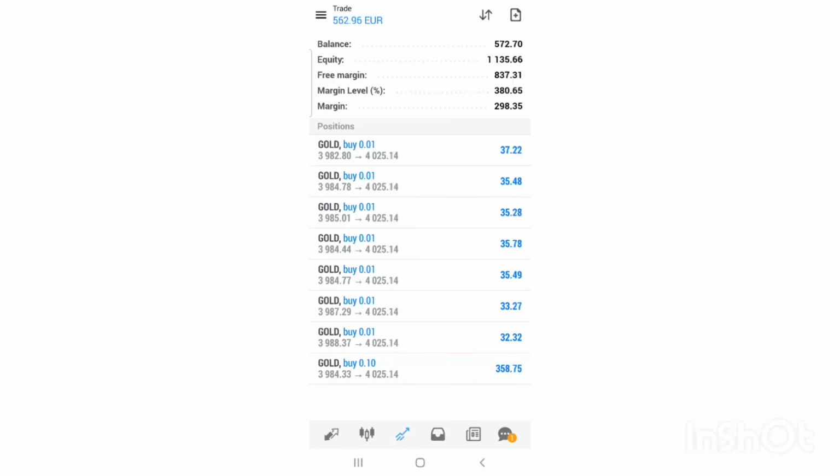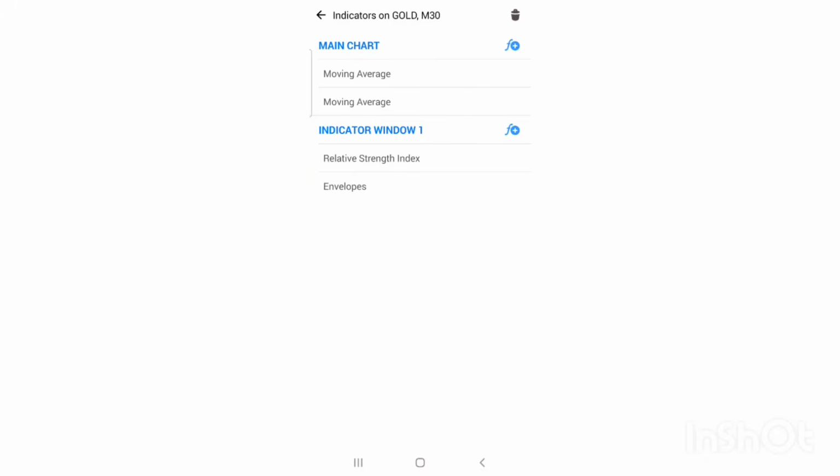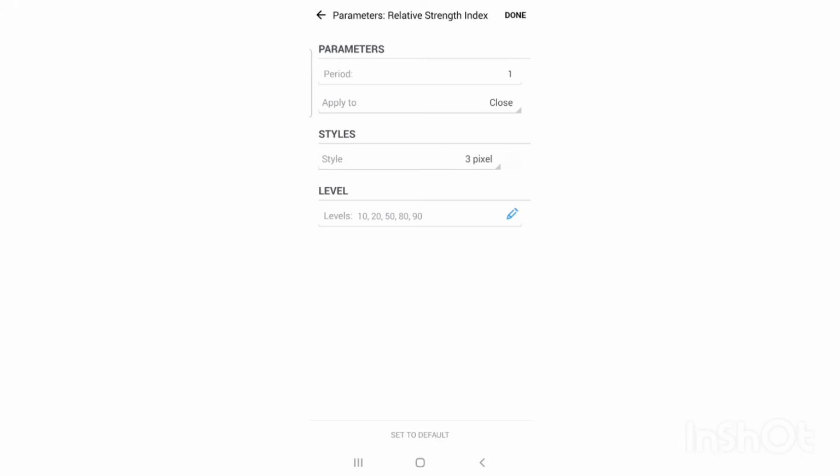As an intraday trader, they are indicators that you need to learn. So we are going to add another indicator, which will be our RSI. So you click on the F sign. After you click on the F sign, now here click on indicator, click on main chart, look for relative strength index. After you see relative strength index, here we are using period